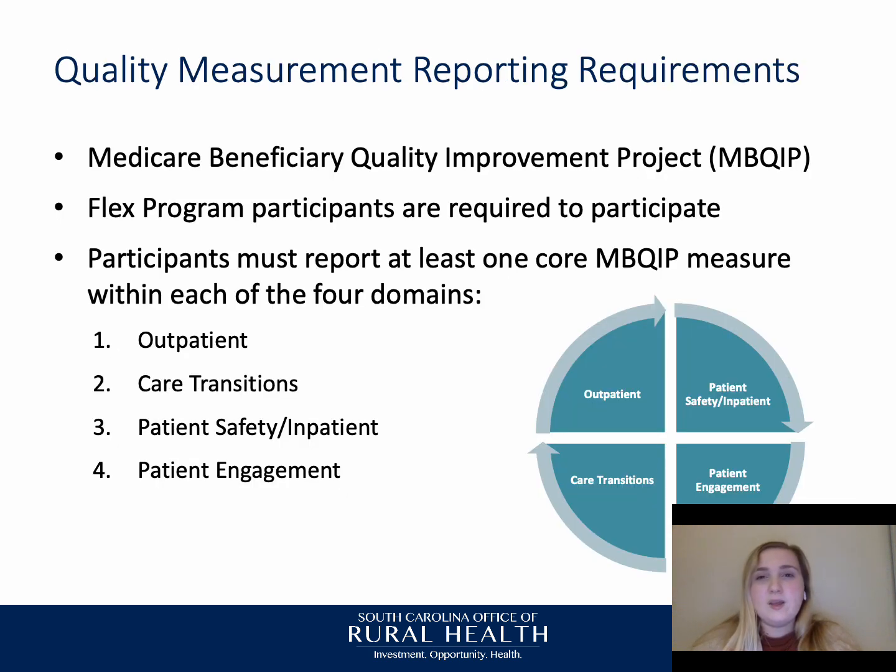Now, in speaking to specific quality measurement reporting requirements, there is an existing program in place for this called the Medicare Beneficiary Quality Improvement Project, or more commonly known as MBQIP. Through MBQIP, any flex participants in our state are required to participate, and through this program, they have to report on at least one core measure within each of the 4 domains in each quarter that they operate as